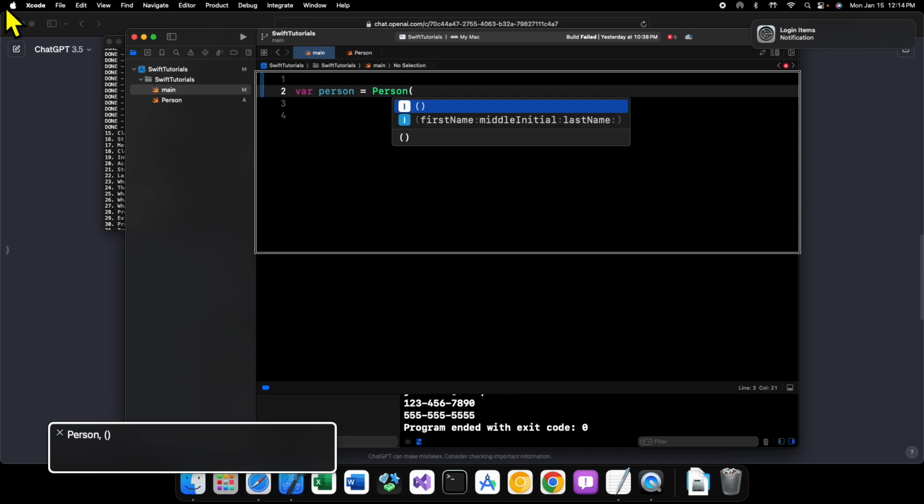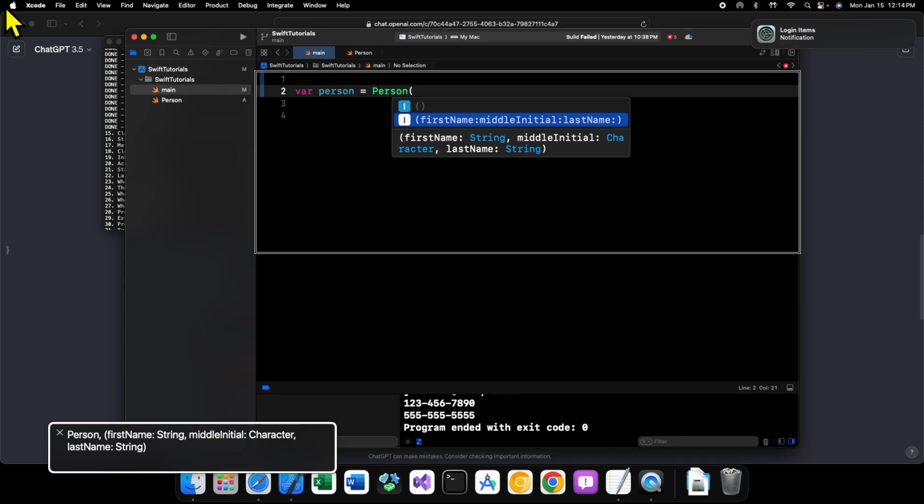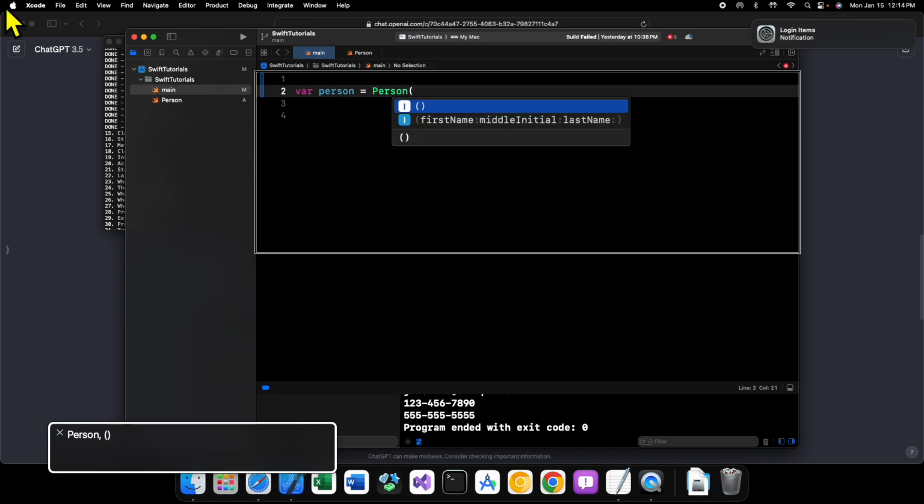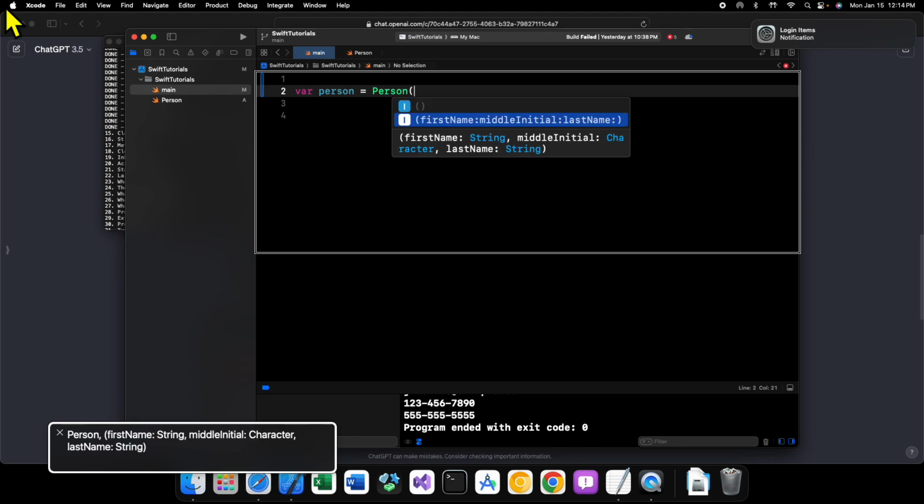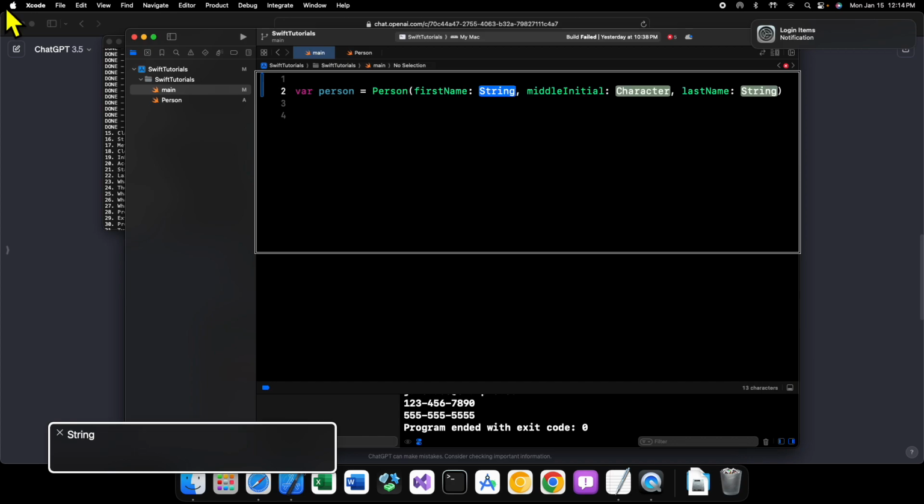Now you can see Xcode gives us some code completion, and it gives us two options. We can use the empty initializer, or we can use the initializer with our first, last, and middle initials. All right. We'll use our full initializer to start with,